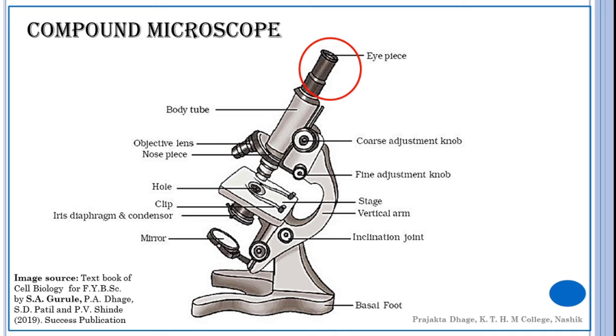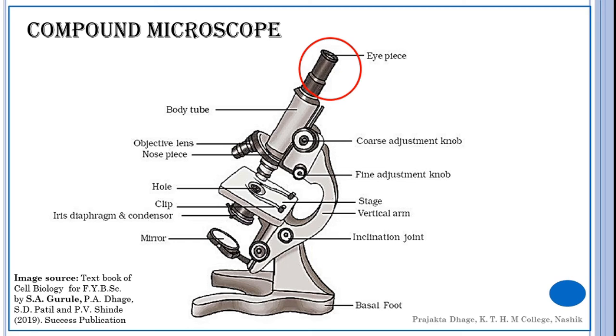Next, we also have a pointer. Sometimes we may have a pointer. A pointer eyepiece is a device used to pinpoint a particular structure under the microscope. It is a simple instrument with a sharp pointer attached to an adjustable hinge joint and small handle. It is fixed with the ocular. The rotatory movement of the handle is used to direct the pointer in the microscope field.